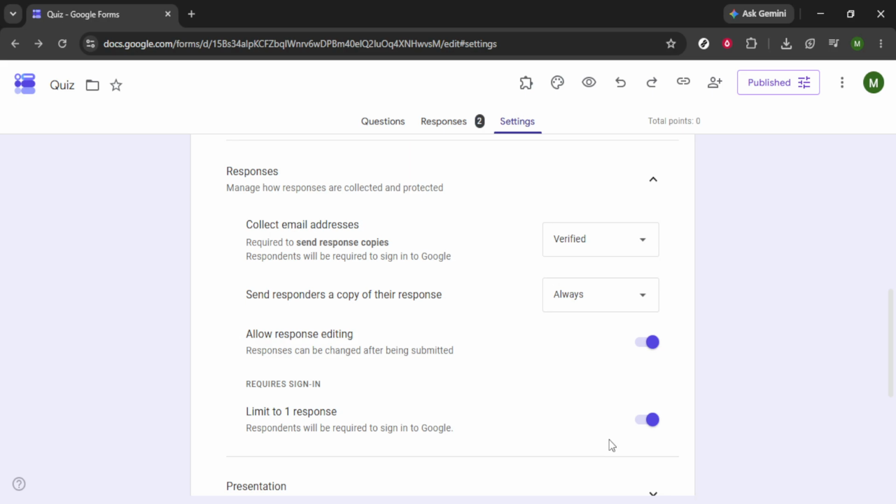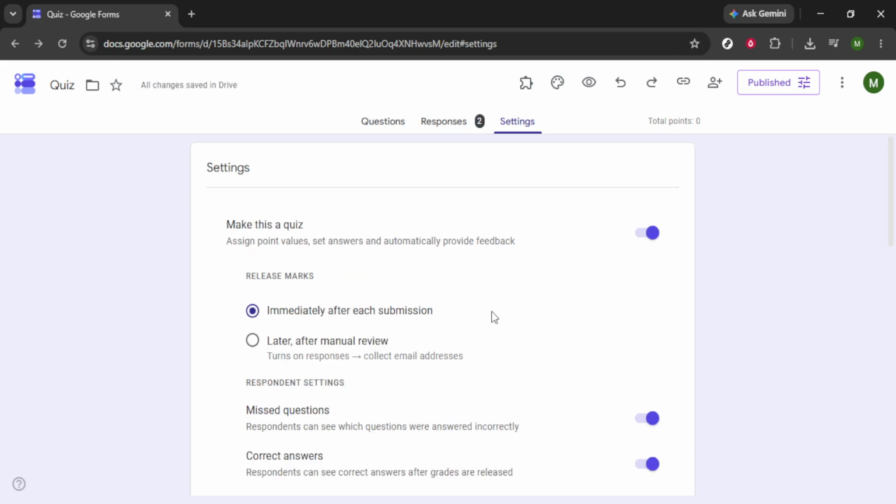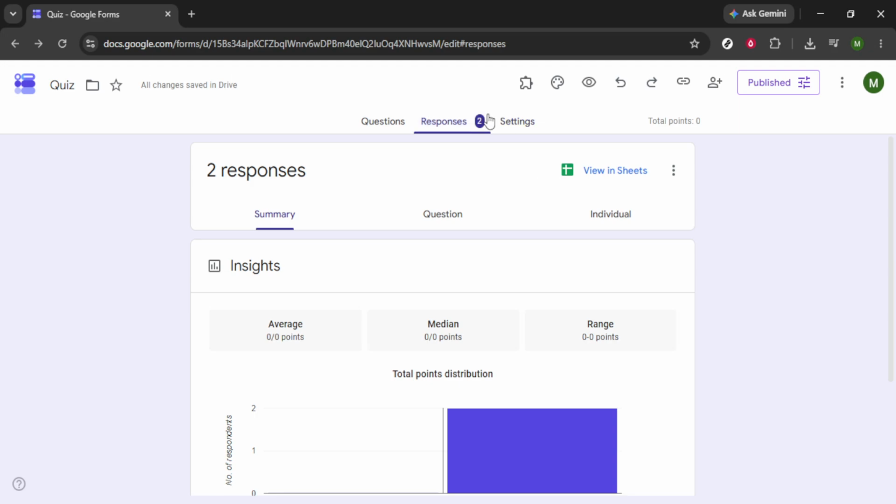With the form configured to your liking, it's time to auto-format those responses in Google Sheets. To do this, head back to that Responses tab we opened earlier. In this tab, look for a button that says Link to Sheets. This will allow you to either select an existing spreadsheet where you want these responses to go, or create a